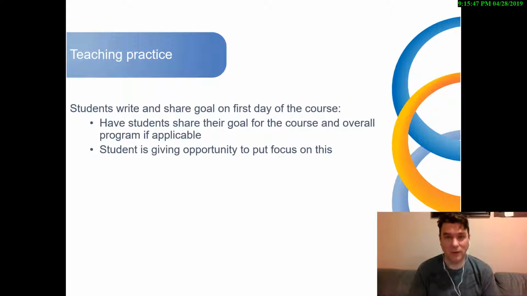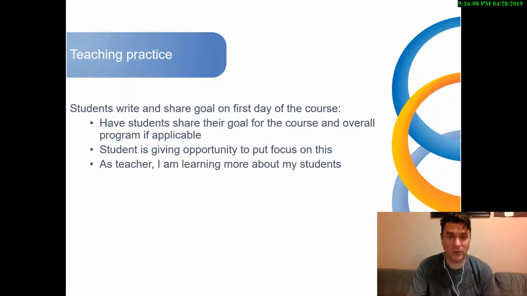a payroll manager, or in sales, or what have you, and they maybe are not sure how the course is going to help them. This lets them consider a little bit more what they're going to get out of the course, to help them no matter what career they're going into.